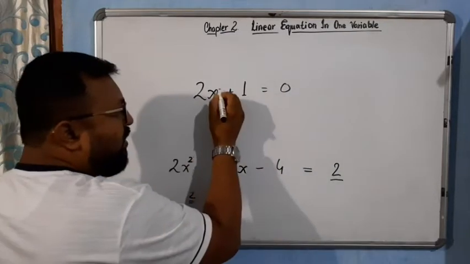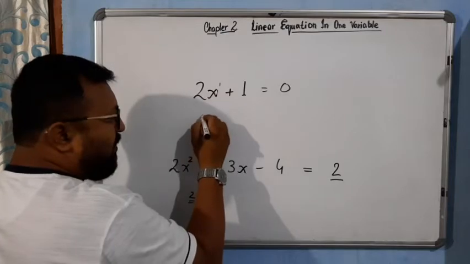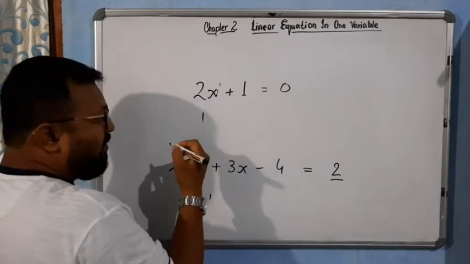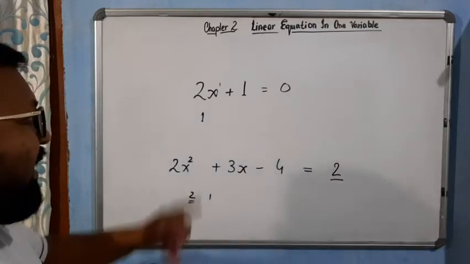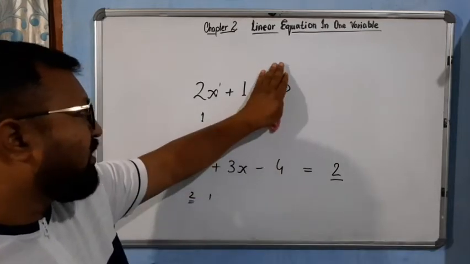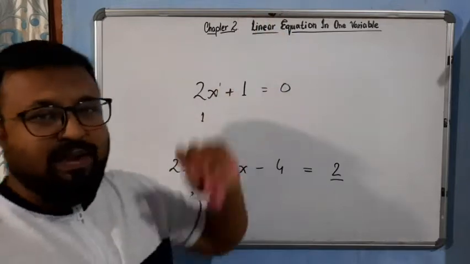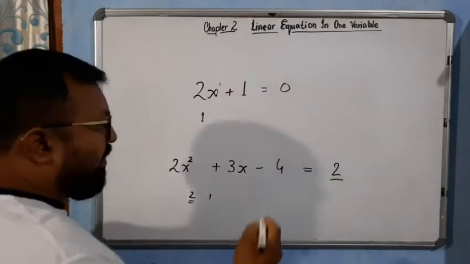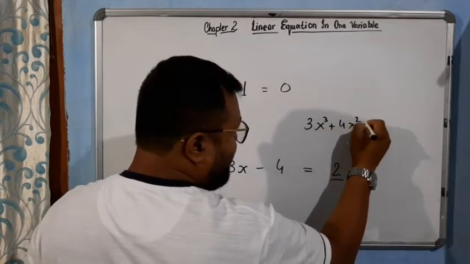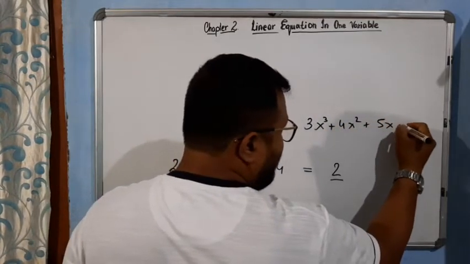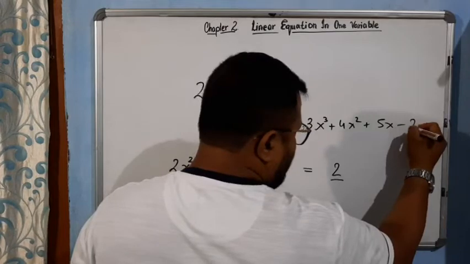Here the highest power is 1, nothing is written, so the degree or power is 1. Then we can say that this equation or expression is known as what? Linear equation. Whenever we get something like 3x cube plus 4x square plus 5x minus 2,